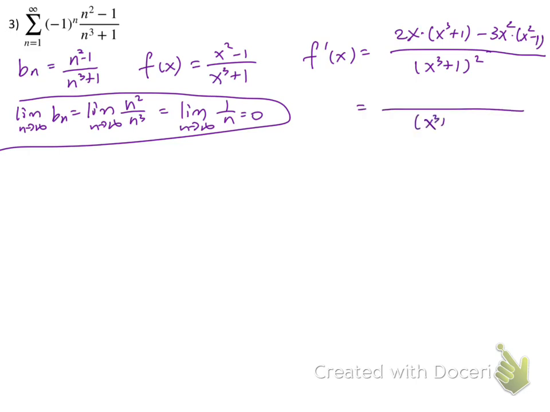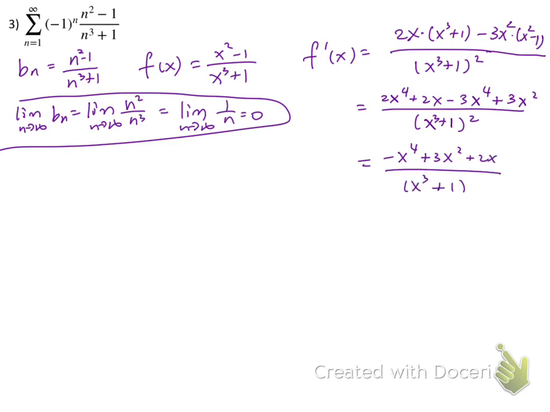The denominator is a perfect square. I don't need to worry about it. Numerator, I'm having 2x to the fourth power plus 2x minus 3x to the fourth power plus 3x squared. That is negative x fourth plus 3x squared plus 2x over x third plus 1 squared. Well, actually, when x is small, this thing might be positive, but when x is large enough,